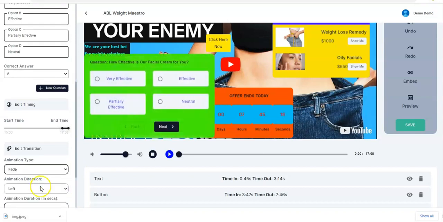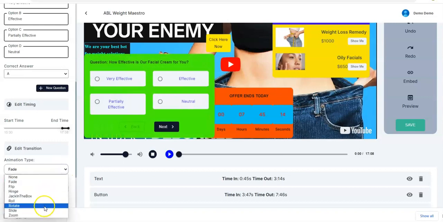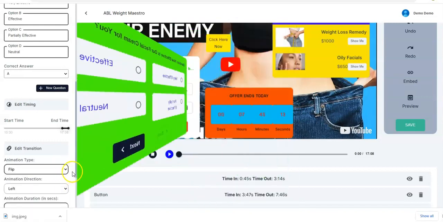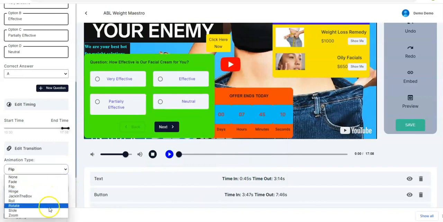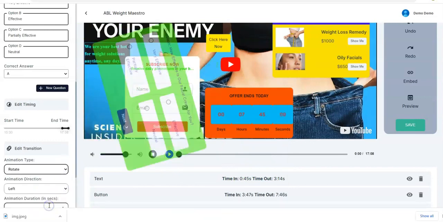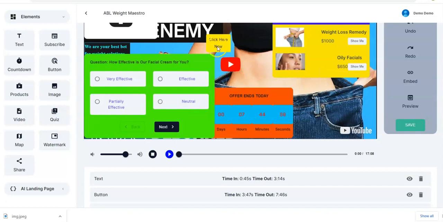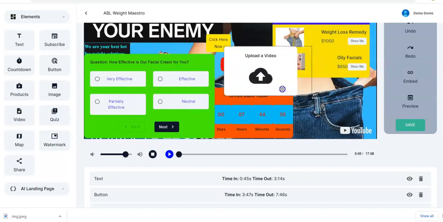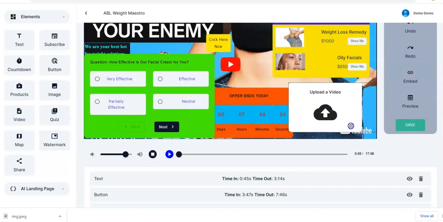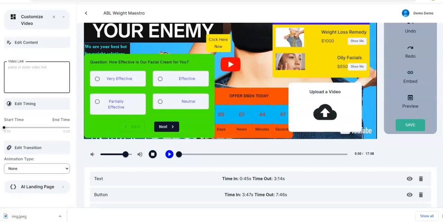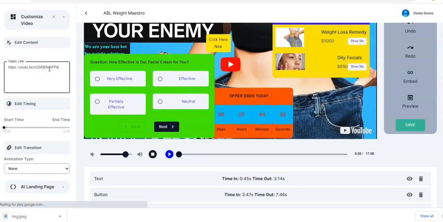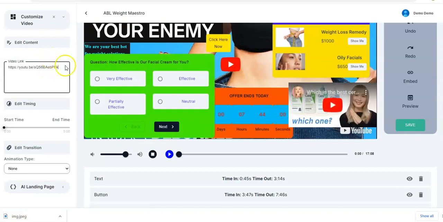Let me see, fade, right? Or you pick another one. Let's say flip. Oh no, I think I want something like rotate. Right, good. You have video right here, right? You have to drag it, you drop it here. This shows that you can have another video playing within your video, right? So right here you paste your video link, right? And you will see the video displayed right here automatically, just like it just did,